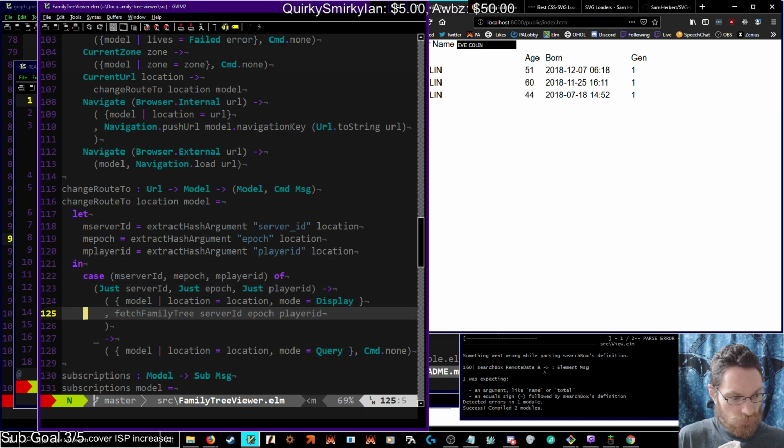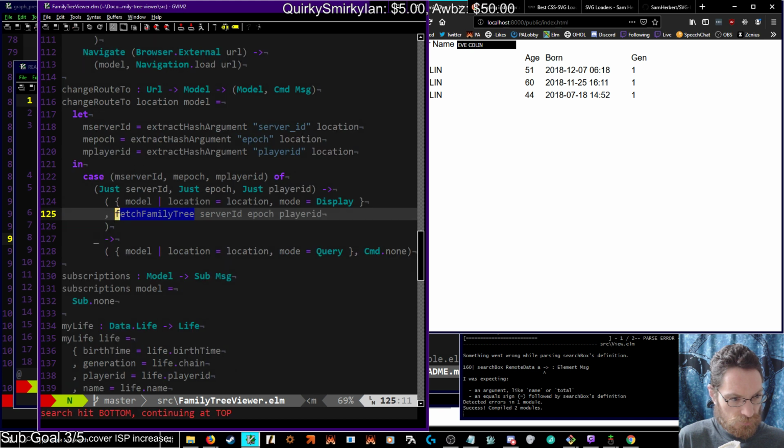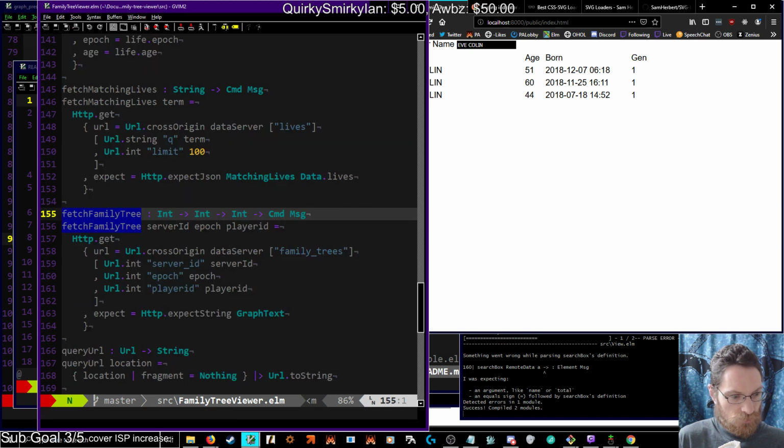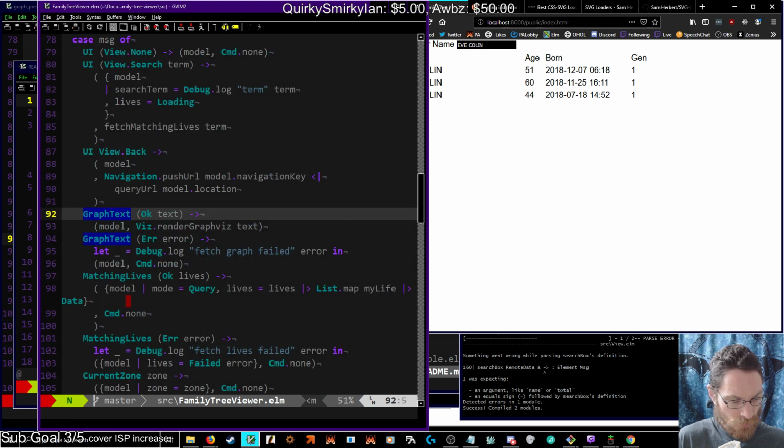Fetch family tree, which returns with a graph text, which we don't currently store. So in order to use that particular loading model,